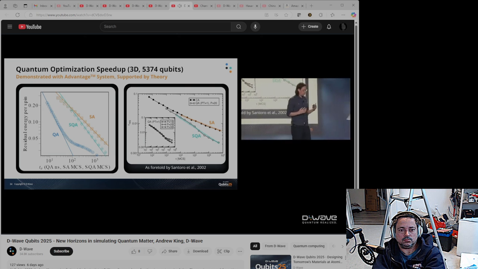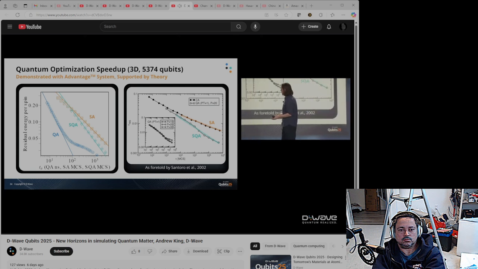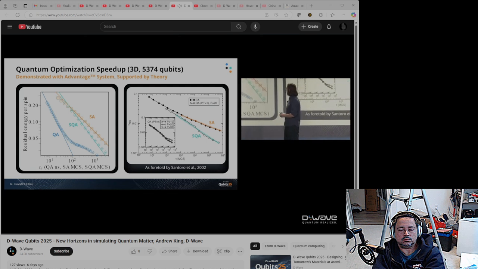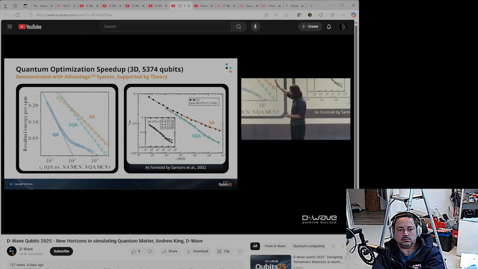Now, this was on an Advantage 1 processor. If we repeated this same experiment on the Advantage 2 processor, we would see, as we did in Pau's talk in the scientific session today, that the energies would be about twice as low, and the continuation along the theory line would be not only a better slope, but it would continue longer before it started to bounce from the thermal environment.